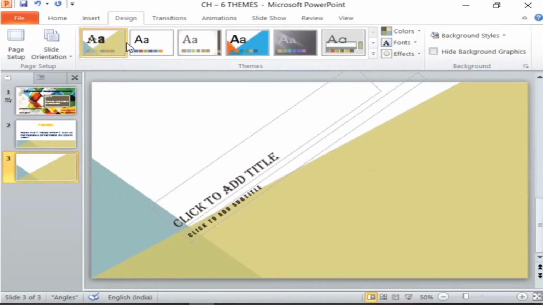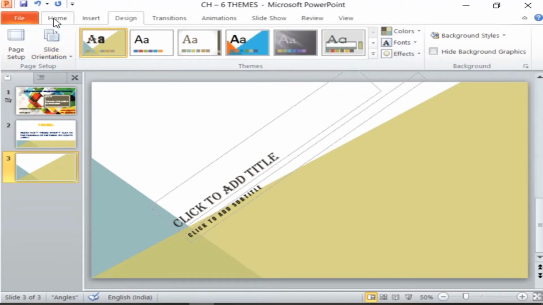The first thumbnail appearing here is the theme I have saved right now. So when I insert a new slide, automatically the heading will be in the Algerian font and the subheading will be in the Impact font. You need not change it again and again. Once you set the font according to your choice, all the headings on all the slides will appear in the same font you have customized.